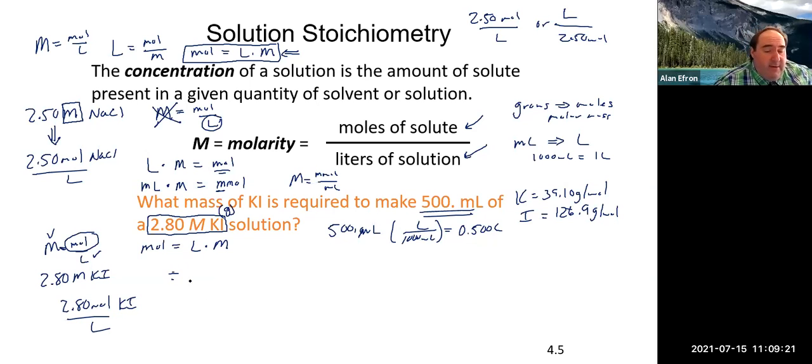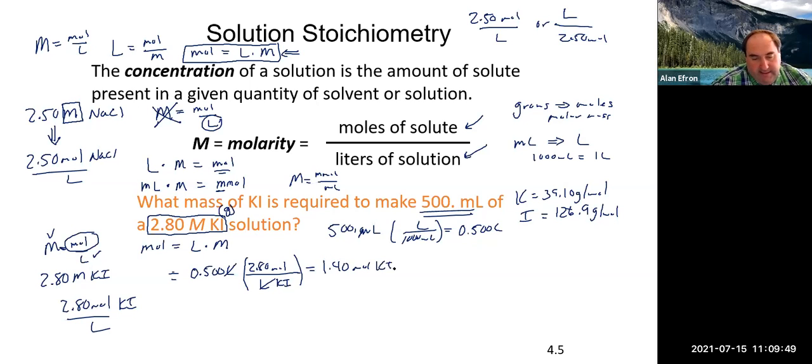And if we did that, we would have our liters, which is 0.5 liters, using this like a conversion factor, really, 2.8 moles per liter of KI. Liters will cancel, and that will tell us that 0.5 times 2.8 looks like 1.4 moles of KI